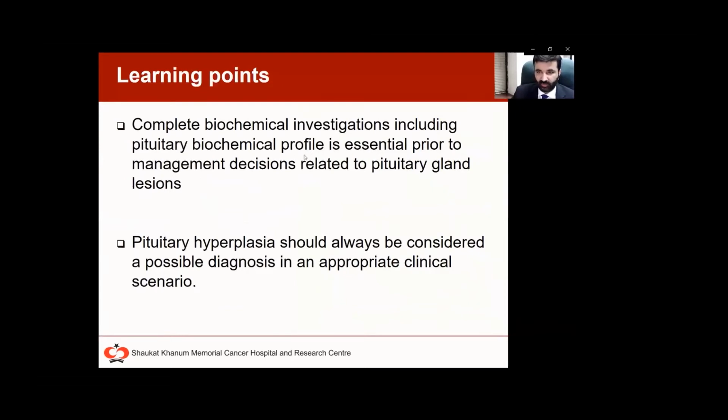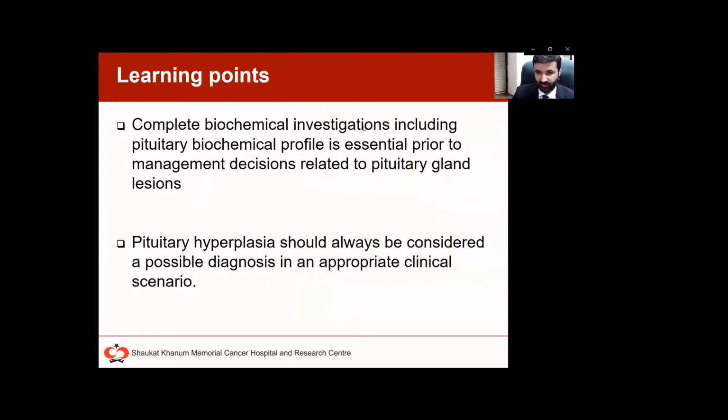So a complete biochemical investigation, including pituitary biochemical profile, is essential prior to management decisions related to pituitary gland lesions. Also, pituitary hyperplasia should always be considered a possible diagnosis in an appropriate clinical scenario. Well, I think with these two cases, I have made enough of a case to consider that a possible diagnosis